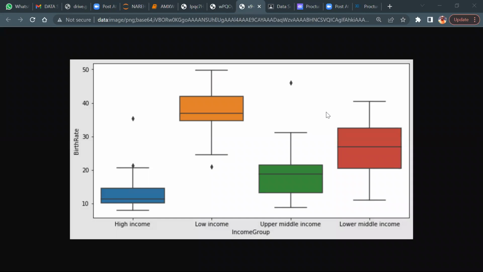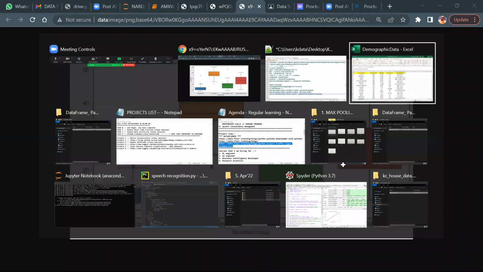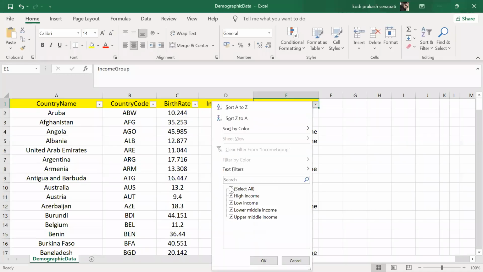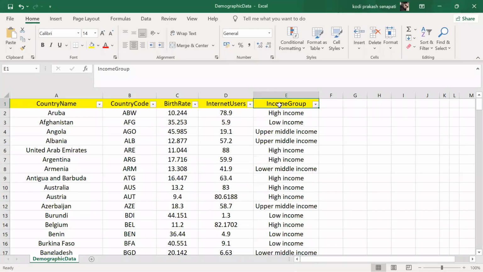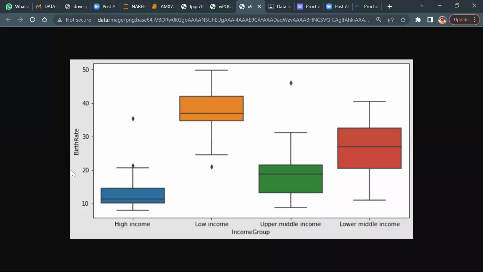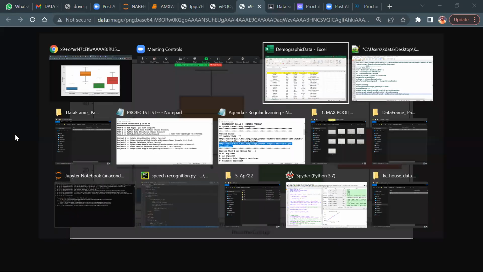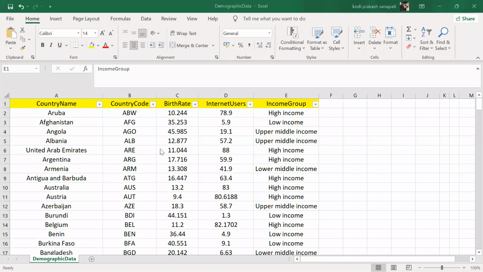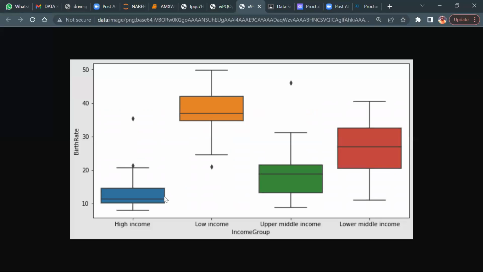Guys, today I wanted to introduce very important concepts. Listen to me. If you don't understand, then ask me, okay? So, income group. Let's talk about income group. X-axis income group, y-axis birth rate. So there is a relationship between two attributes. What exactly am I saying? There is a relationship between two attributes, isn't it? Yes or no?